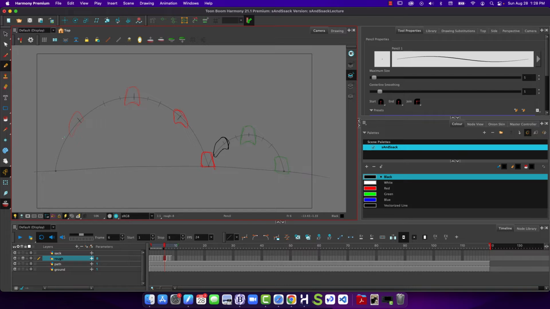Now this time I'm viewing it's not quite as dramatic as the previous one because it's a smaller bounce, so it's probably not going to have as dramatic a movement. So again, I want to add a drawing after this, so with this active, plus on the keyboard, and I have to make sure that I hit plus and nothing happened because I was still over the drawing window or camera window. I need to move it into the timeline. Got my new frame, insert that next drawing, and this time,